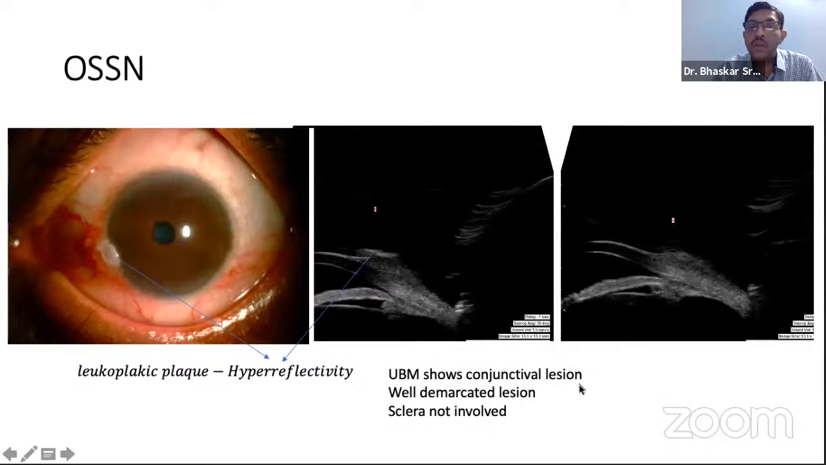But if you look at all the three images, the first one was the SD-OCT, the resolution was much better, but the depth of penetration was not as good. The second one was the SS-OCT, where the resolution was slightly inferior to the SD-OCT, but it gave a slightly better response to the depth of the lesion. But if you're looking at a deep lesion, generally a UBM will give you a much better idea about scleral